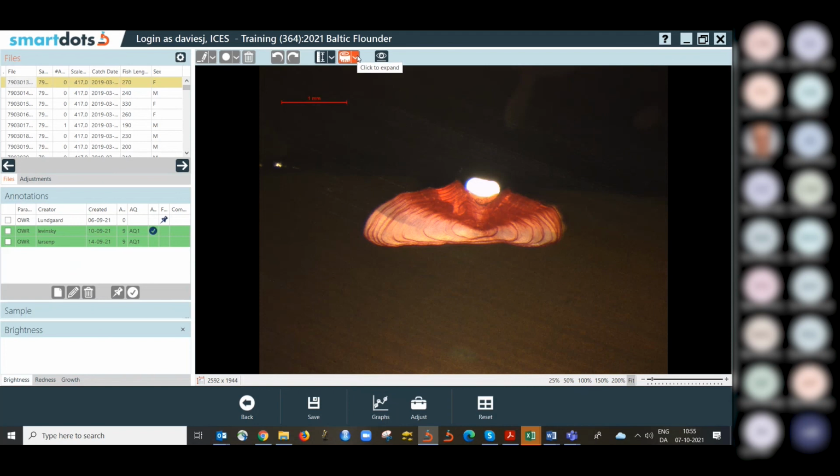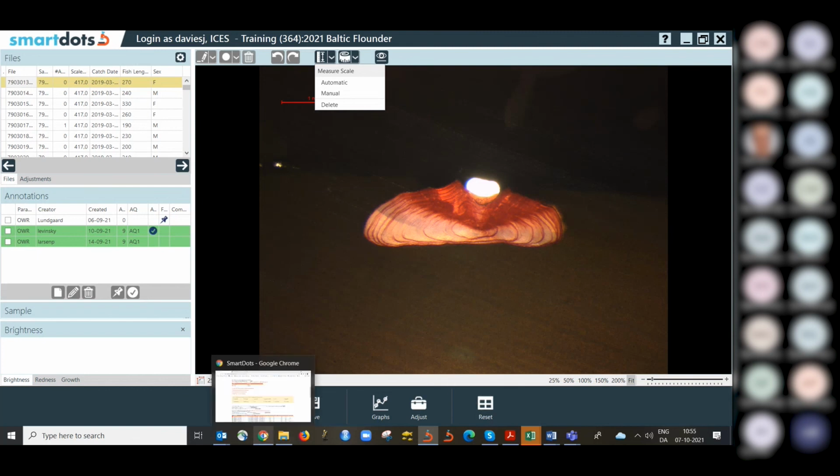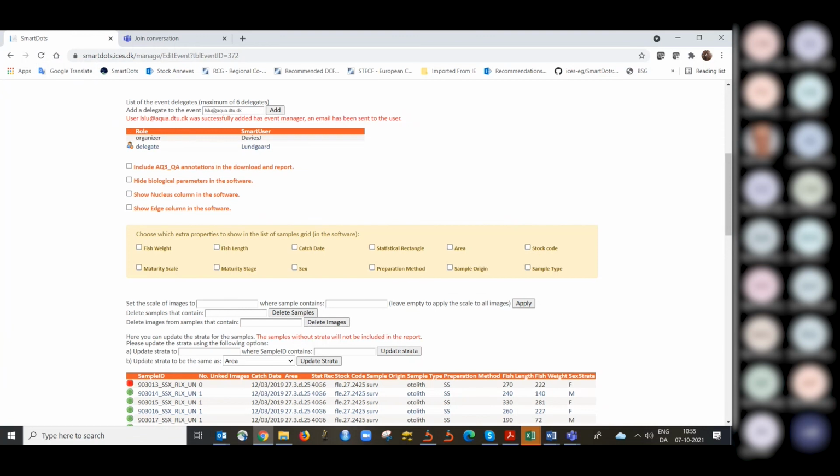You need to either measure the scale automatically or manually, and that will enter the scale for this sample in this box. So you see the scale for this sample is 417. So you need to go back into the web application, sorry. And here you've got an option to set the scale of images to, I'm going to say, 417,